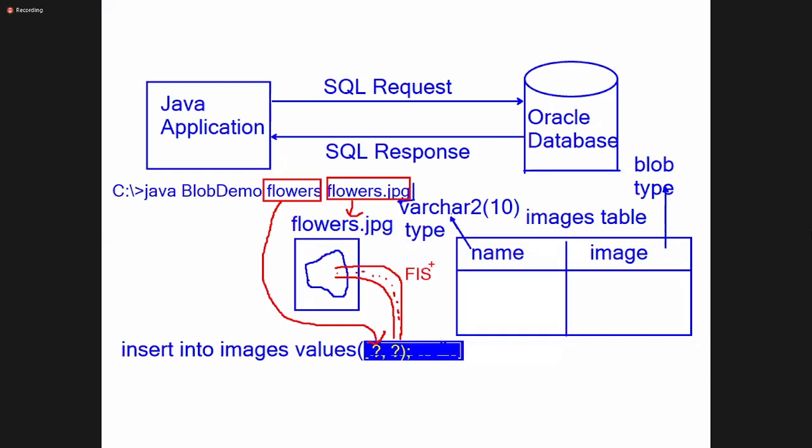Not the path of the image, not the file name. If you insert the file name or file path, varchar2 is enough and blob is not required. If you want to store only the name or path of the image, blob is not required. So if you run this program now, what will happen is,